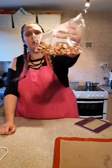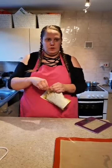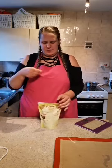So it's not fully broken up, just in smaller chunks. Okay. Could you grate them on? You can if you want, but you're going to need the...